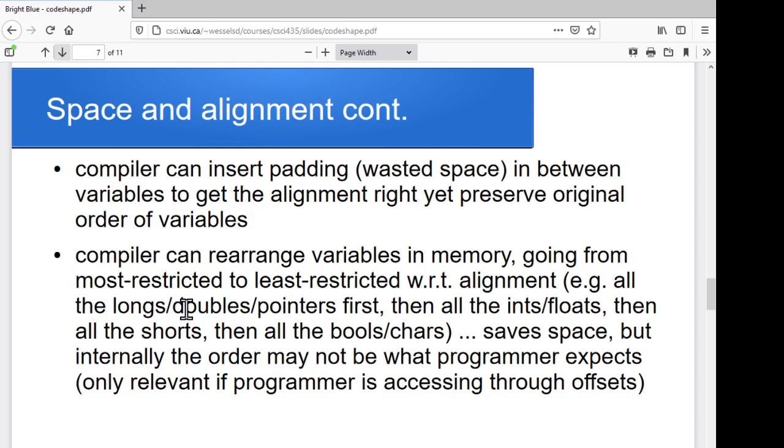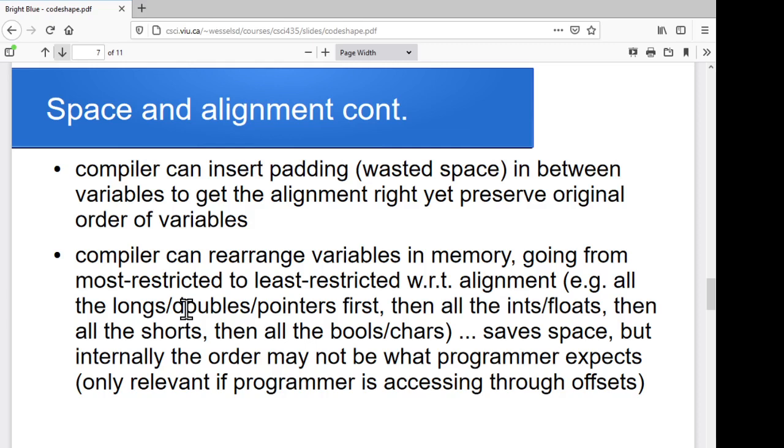But we can go through and do things like this. You just have to be aware of the implications. And the programmer has to be aware of the fact that this kind of thing can be happening, right? If you're writing a C program and you have your list of variables, then you have to be aware of the fact that the compiler might be putting some padding in between them, or it might be going through and rearranging them. Actually, you'll see some programmers take advantage of knowing the padding rules and saying, well, I know that